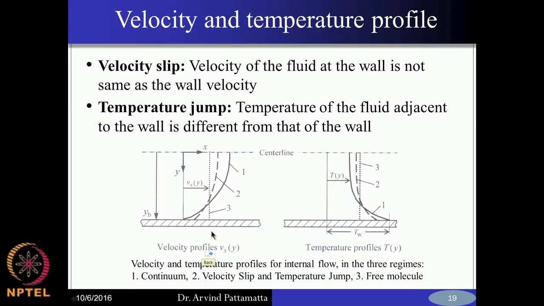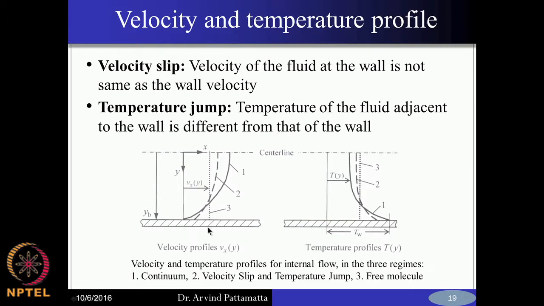That is because in this region you do not have equilibrium in momentum and energy between the gas molecules and the wall, okay. When the Knudsen number is large, the mean free path is large, and therefore the gas molecules are more likely to collide with the wall than with themselves. They travel with a certain momentum and energy, and when they encounter the wall they see that there is a jump. They cannot adjust suddenly to that, and therefore the jump remains. So, this jump is there,